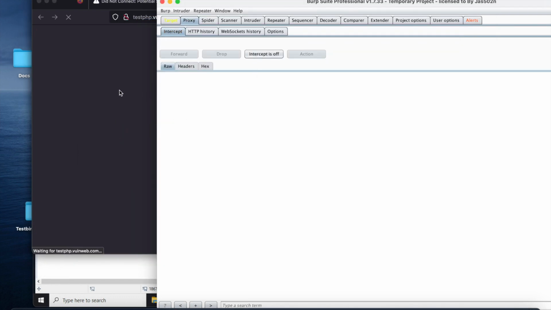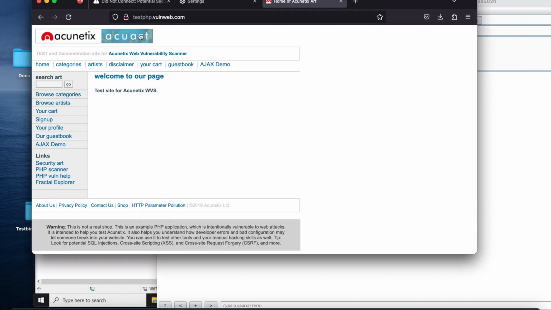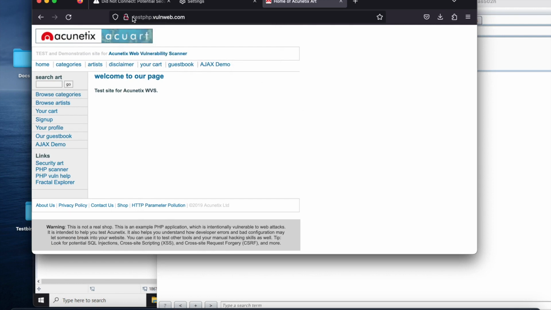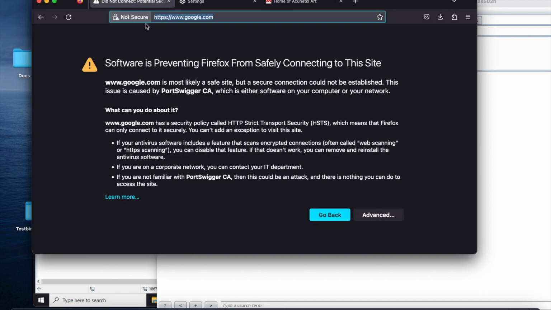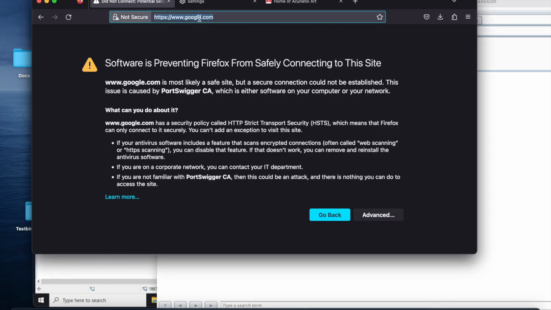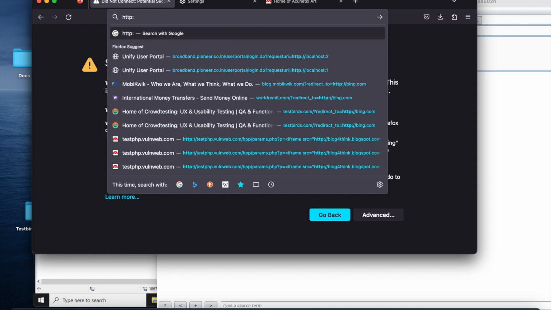Let me turn it off. Yeah, in this case you are able to see that, because this site doesn't have any security. If I refresh google.com, you still won't see it. So in this case what you can do is go to http://